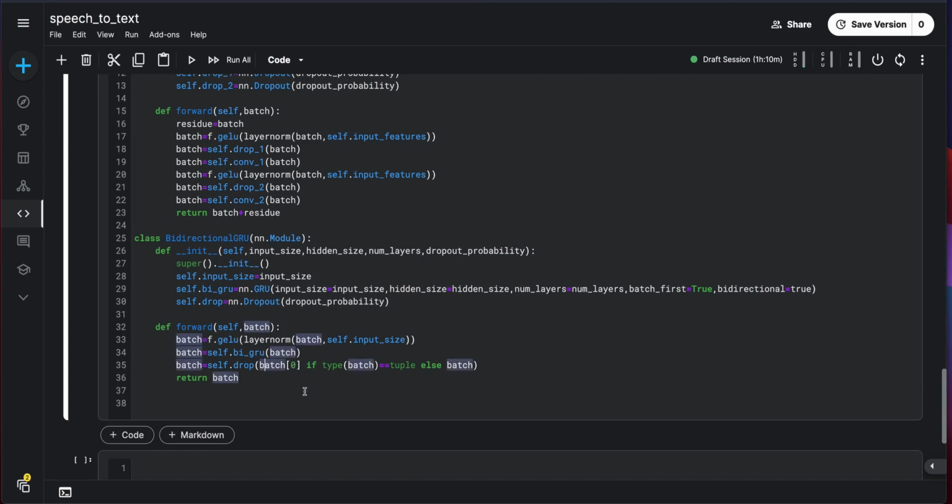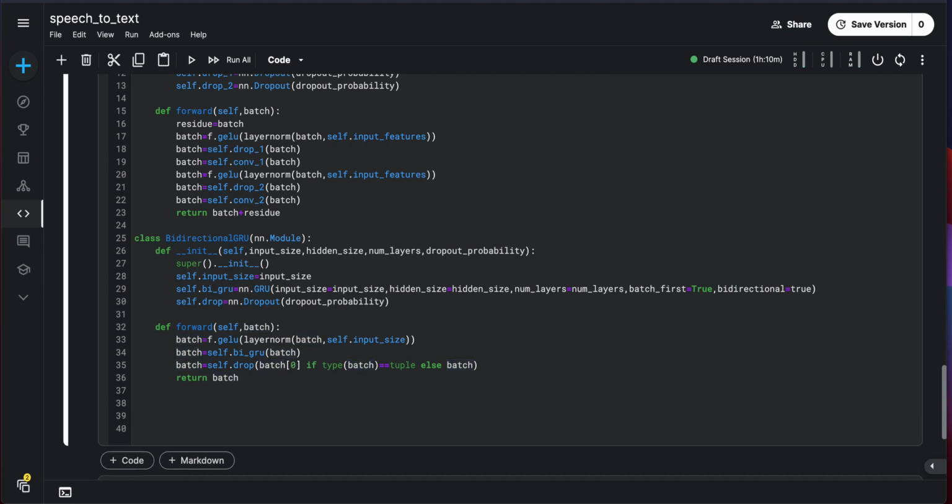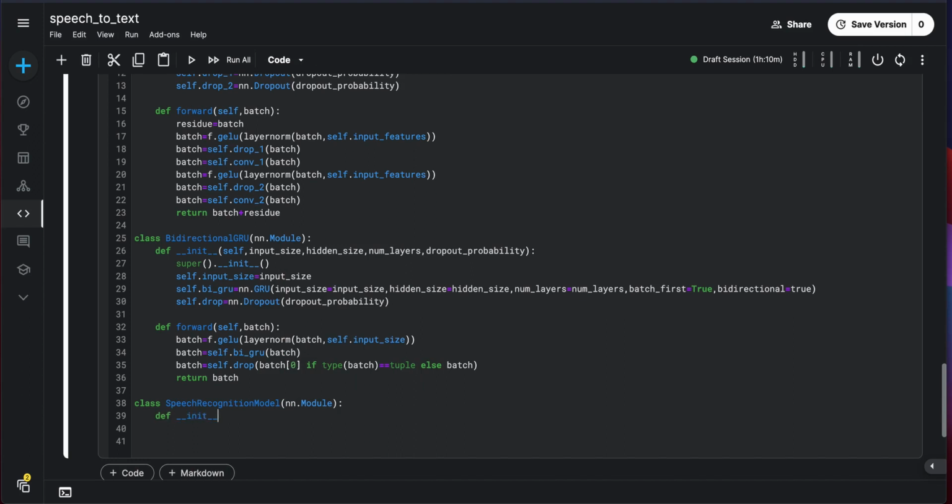Okay, now we'll write the speech recognition model. Class SpeechRecognitionModel of nn.Module, and we do define __init__ self, and it doesn't take anything, that's all, and super().__init__, that's all. So self.cnn equals to,